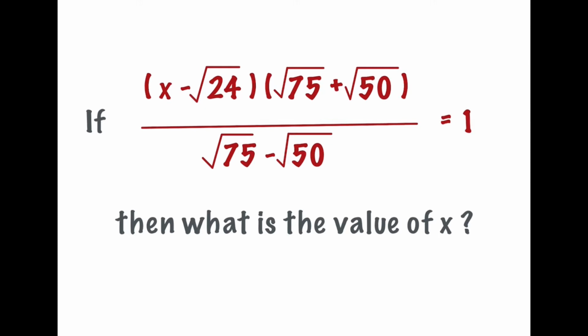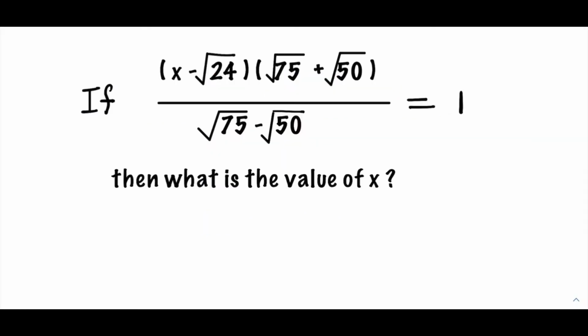So let's start. If x minus root 24 into root 75 plus root 50 upon root 75 minus root 50 equals 1, then find the value of x. So we can write this expression as x minus root 24. We can write 24 as 4 into 6,